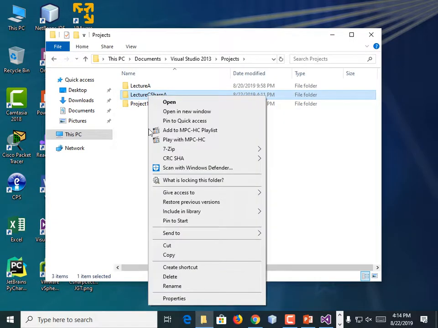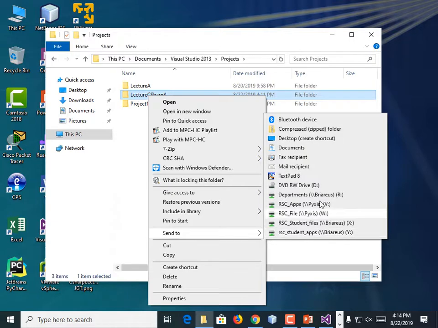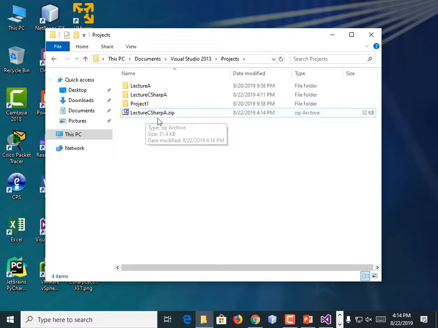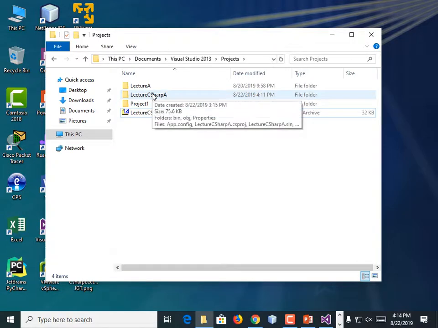I'm just going to right click it and do send to. Oh, I guess people won't be doing this on the Mac. Well, I guess it's possible they could install Parallels Desktop or Boot Camp or something. Send to zip file, compressed zip folder. That's what you ought to upload. Or just go and find the .cs file.